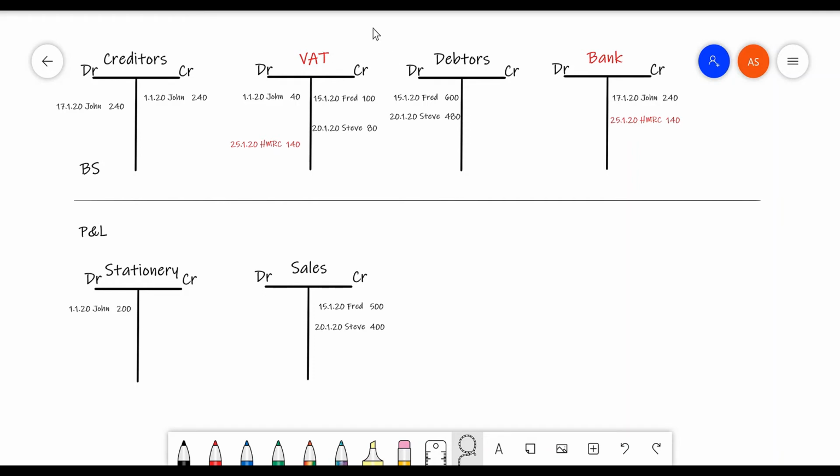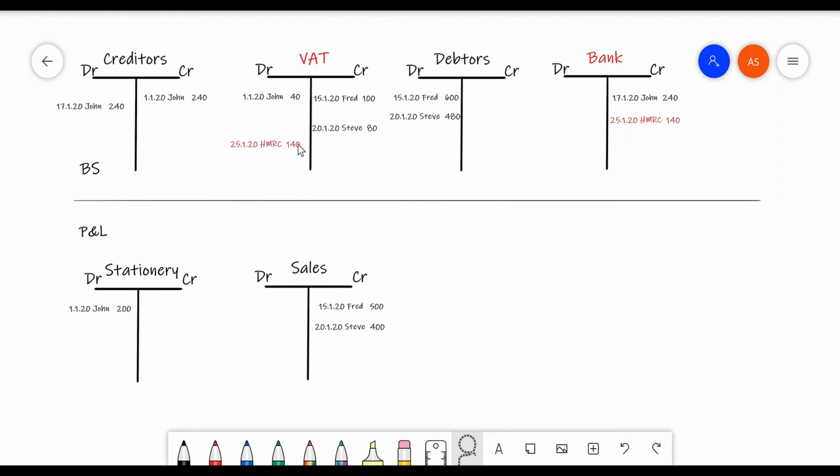Here we calculate our VAT return. So we note that we owe HMRC a total of £180 for the sales to Fred and Steve. This is called output VAT. And HMRC owe us £40 for the purchase of stationery from John. That's called input VAT. The net effect of the 180 minus the 40 is 140 that we owe to HMRC,